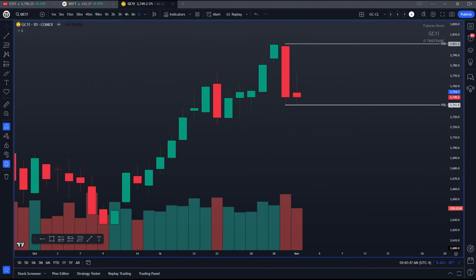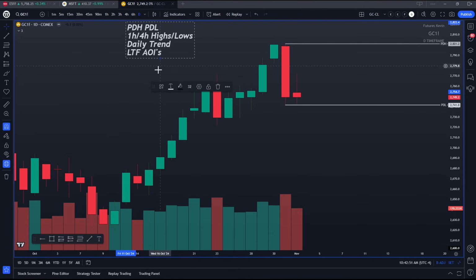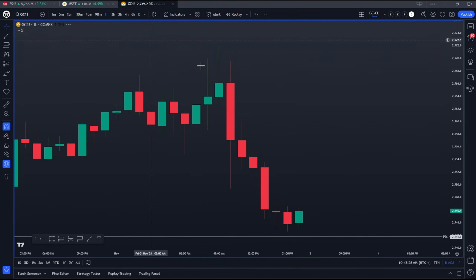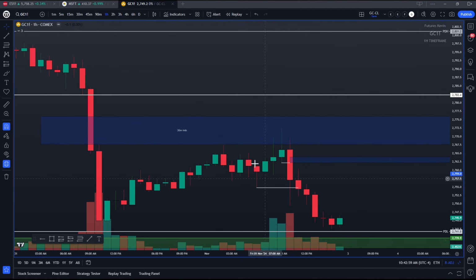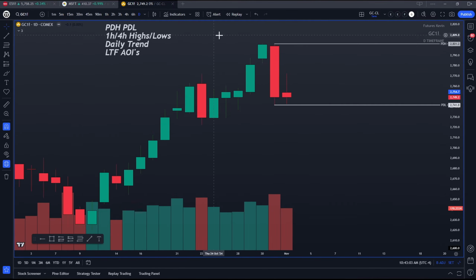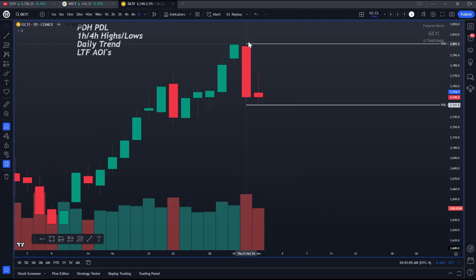So let's start with the basic, previous day high and previous day low. Now, when we're looking for a previous day high and previous day low, it's definitely the easiest to come to the daily time frame versus trying to figure it out on, say, the hourly, 30-minute, or 4 hours. So now that we're at our daily time frame, we can mark out with our levels previous day high and